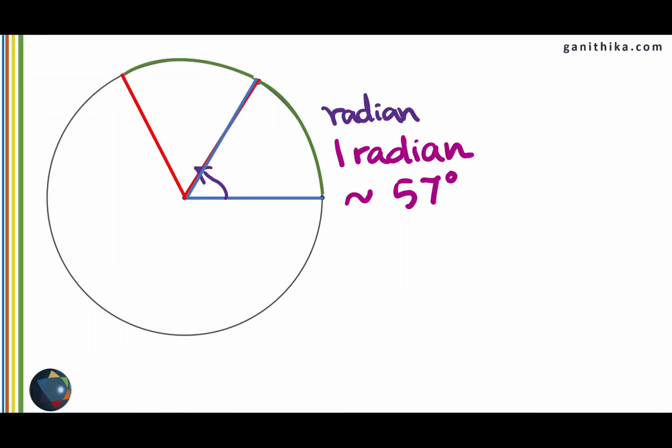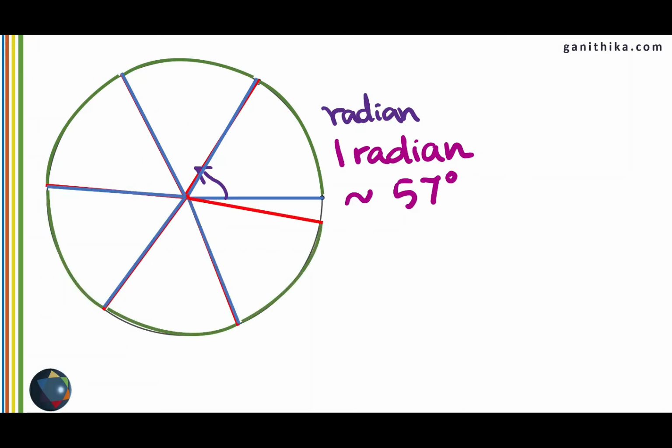I can continue cutting the circle in the same way, where the arc's length is equal to the radius of the circle. So I am getting the third part on the circle, the fourth part, the fifth part, and the sixth part, and I am left over with a small part in the circle. Which means I have so far constructed 6 radians inside a circle with a small leftover. The leftover part has approximately 0.2 radians. Therefore, in total, a circle has 6.2 radians.